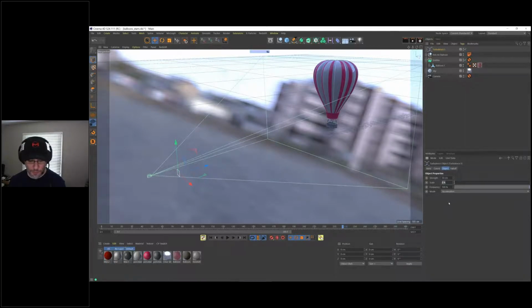Its scale to, and I'm looking at the notes that I made, 38%, and its frequency at 100. Perfect. That is done. Now, add a wind force, and let's